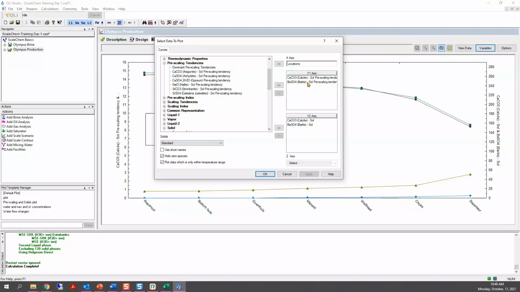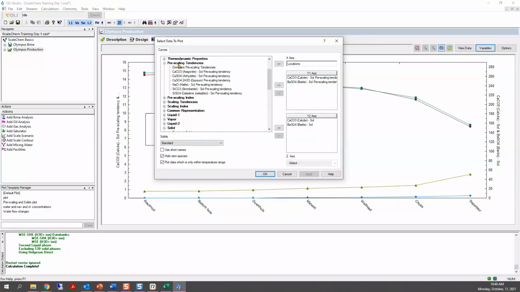So the Y1 axis is the pre-scaling, okay? For the Y2 axis, we want to plot the solids. So you scroll down, solids, and there must be two solids, the barite and the calcite. Where are the solids?